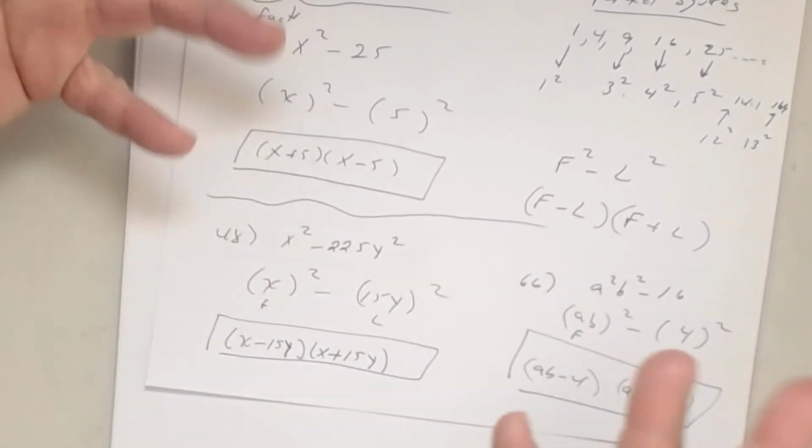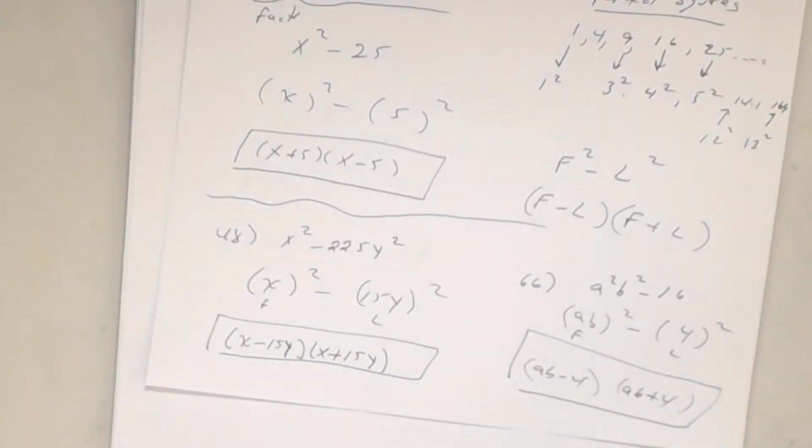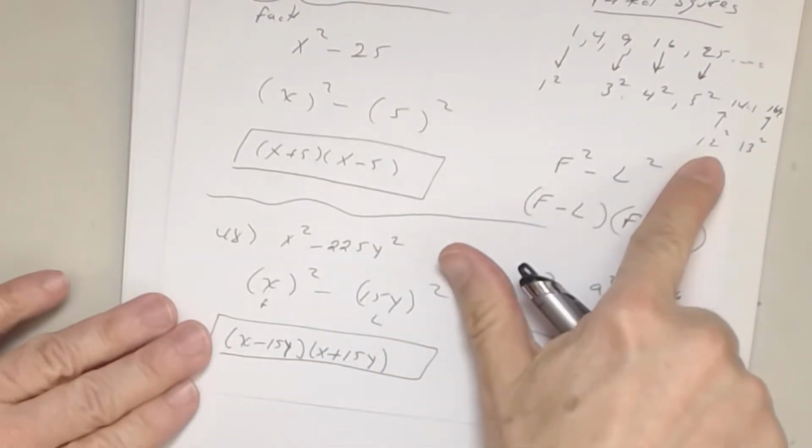Okay, and so usually you got to remember in this section, for the most part, they will be perfect squares. You got to figure out which of these integers times itself is that number. What happens when it's not a perfect square? We're going to talk about that in a little while. Okay. All right. So everything we've done so far has been the difference of two squares. So they've been perfect squares. Okay. Let's look at